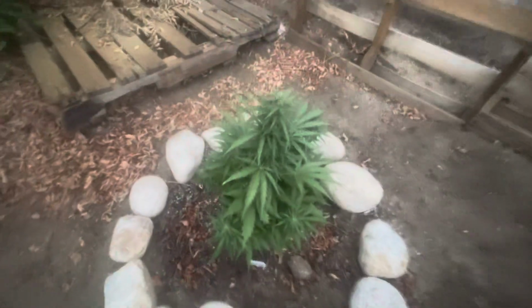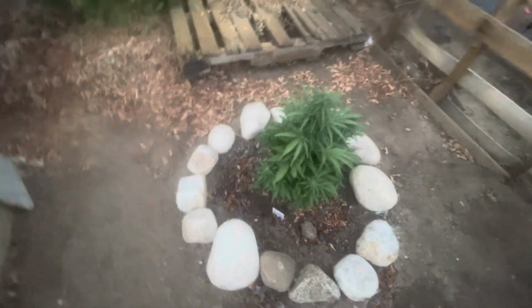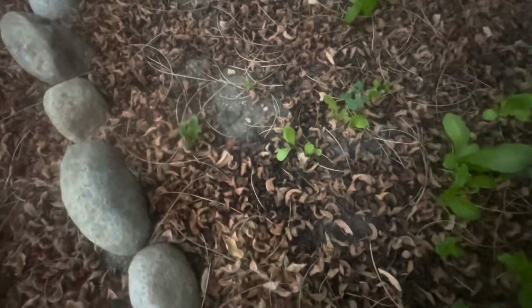But again, I know nothing about how to harvest or anything, so hopefully we'll read up on that before it's actually time. Over here I have a little bit of lettuce and beets. They're not doing great. I still water them occasionally. And for some reason, look at them. There's all kinds of crickets in here. And when I water, they go running out of here towards the back. It's really funny. Okay, so here I have a little okra